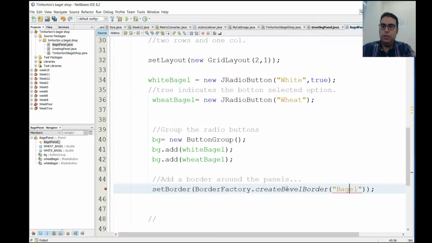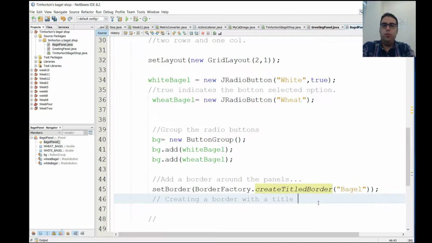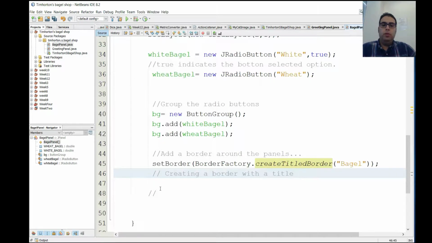Incompatible. Okay. Oh yeah, here we go. That's a problem. So we create title. Good. So here I'm creating a border with a title. So there would be a border around it with the title that says bagel. I'm doing this because I have multiple panels I'm going to add, and I want them to be separated and easy to see. And that's it. Now, when you're done, you're just going to add